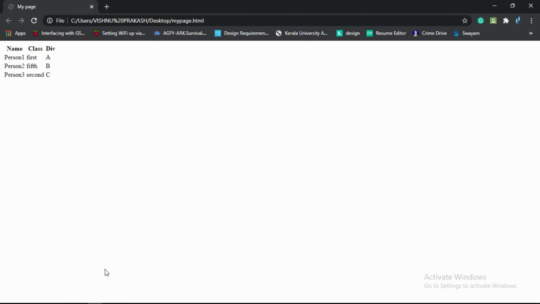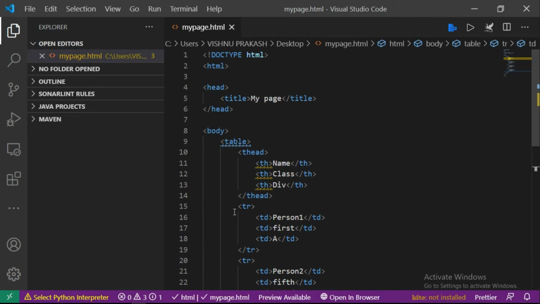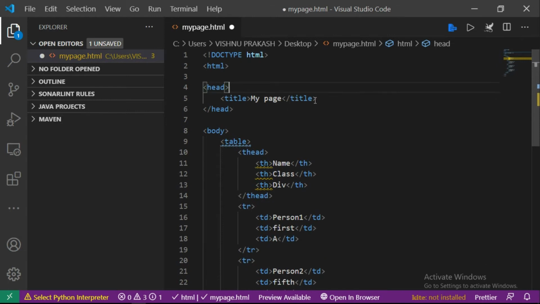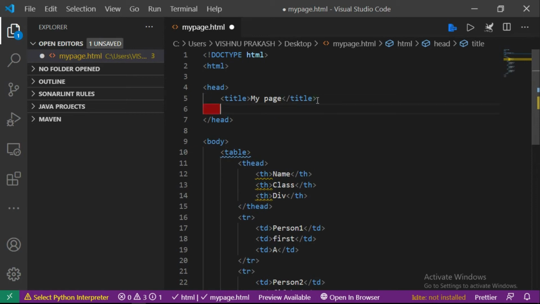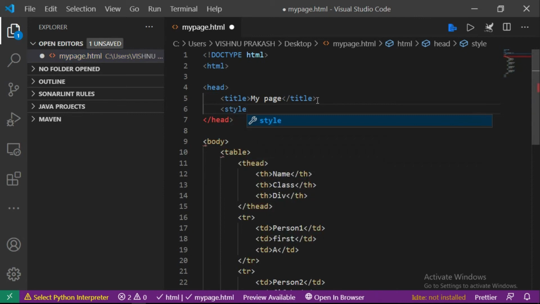So we'll make some small CSS changes here. We're not going deep into the CSS, just giving a basic CSS here. We'll give a style tag, with style type equal to text slash css.